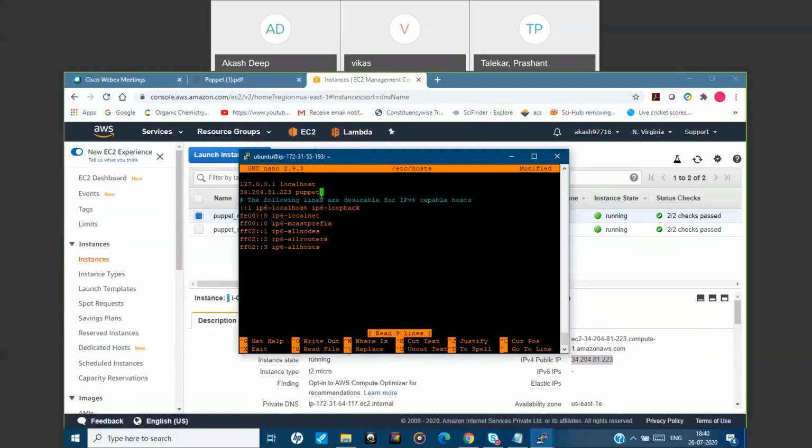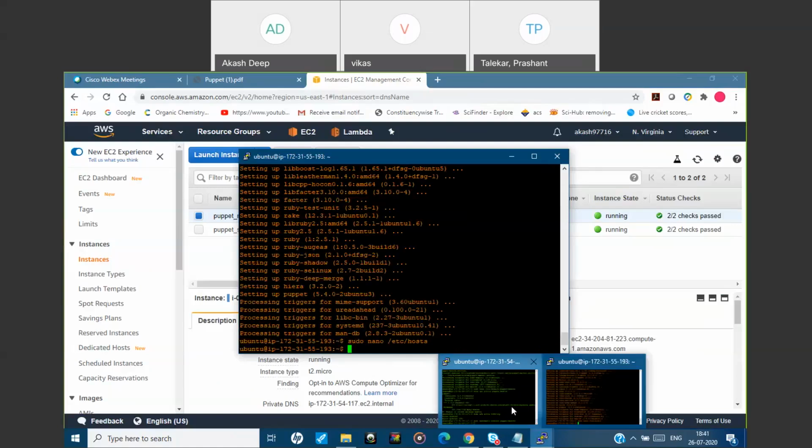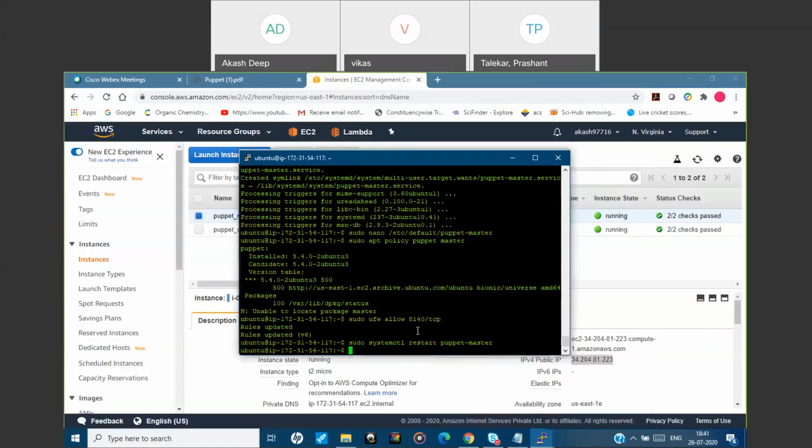If you make any spelling mistake, it will result in an error. So be very careful while configuring these settings. We are using only two servers, but suppose you are using 100 servers, then in all the 100 servers you need to specify this master IP onto all the slaves.